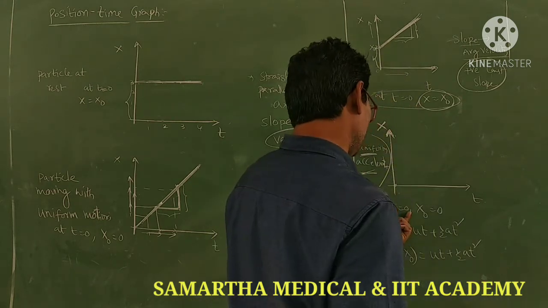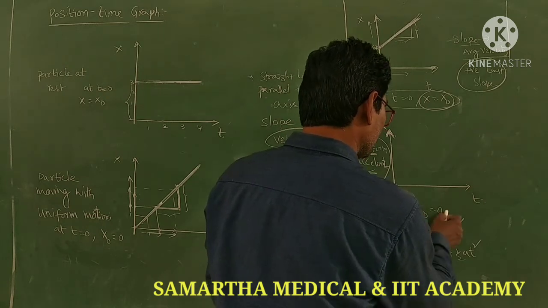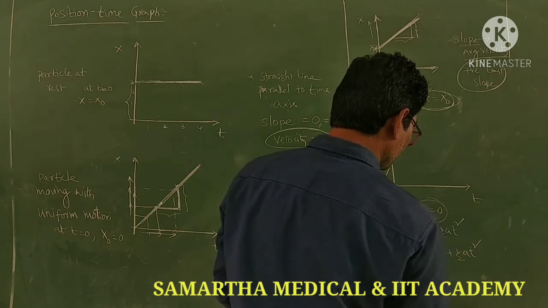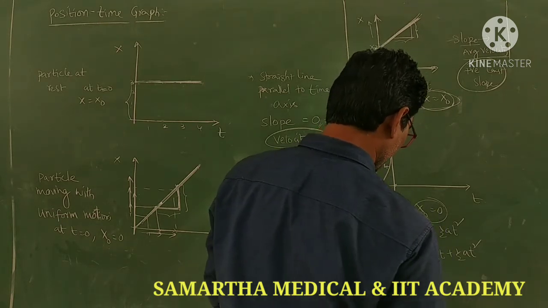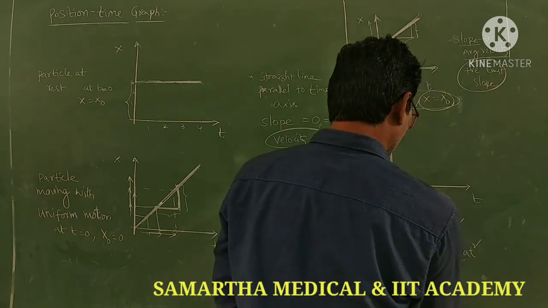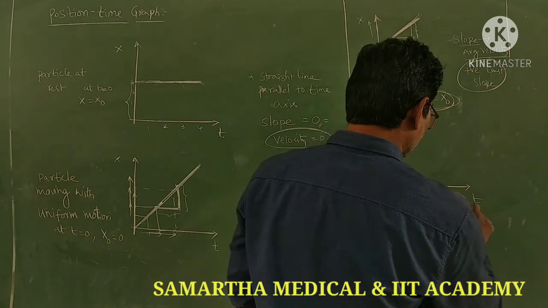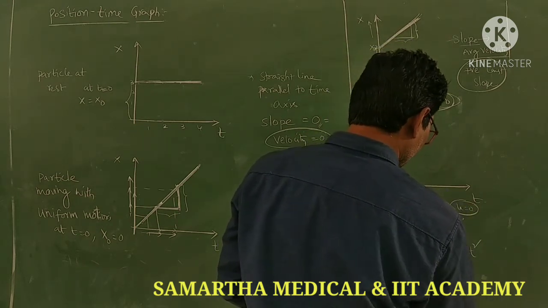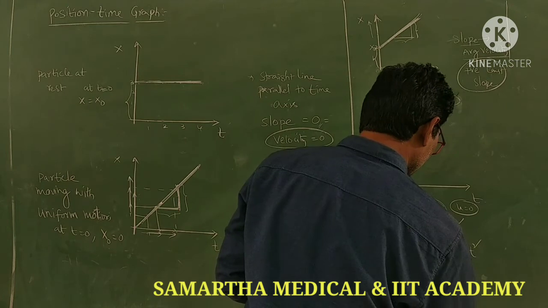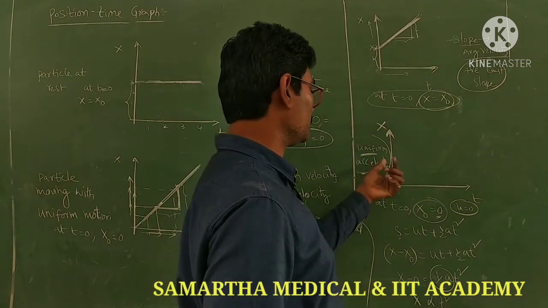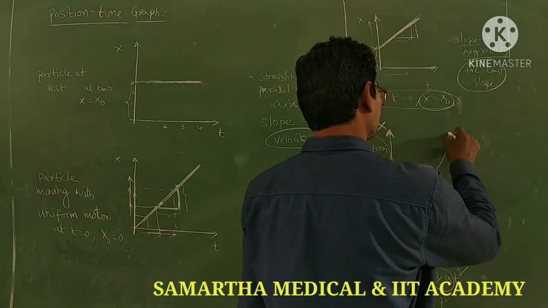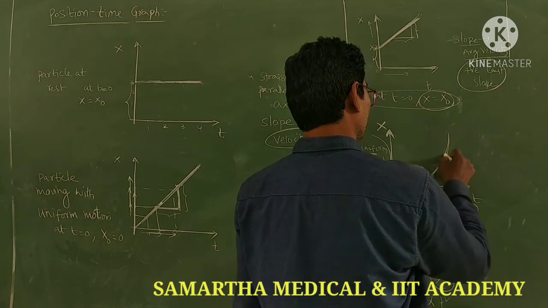You know that at t equal to 0, x naught is 0. So I am writing x minus 0 is equal to u into t plus half at square. At t equal to 0 I have taken it starts from rest, so the ut term will be 0. Here the initial velocity of the particle is also taken as 0. That means half at square will remain. So x is directly proportional to t square, since half a is also constant for uniform acceleration. So the position graph increases like this. You can see the shape of the curve like this.